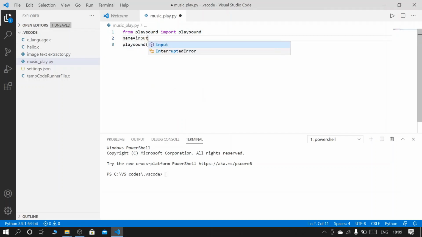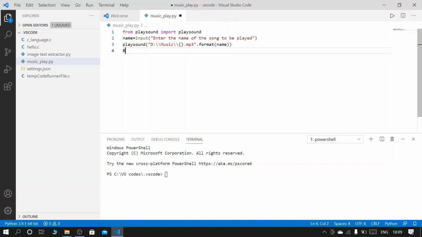So input, hey user, enter the name of the song to be played. So user will see this message on the screen, and at last we will make a button to exit this music player.